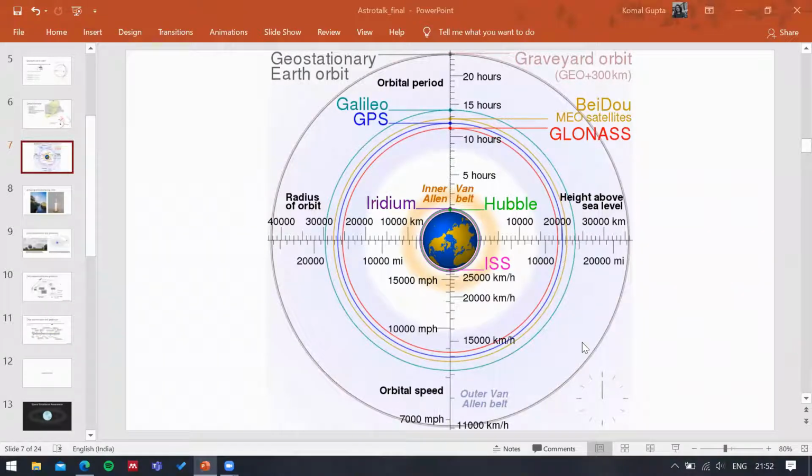The vernal equinox is a direction in space that points towards the constellation Aries, and it's a fixed direction. It's also the line that